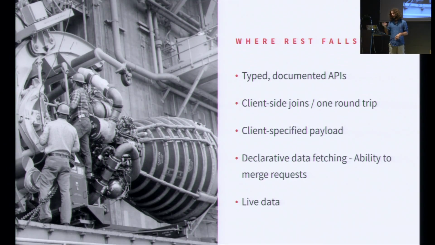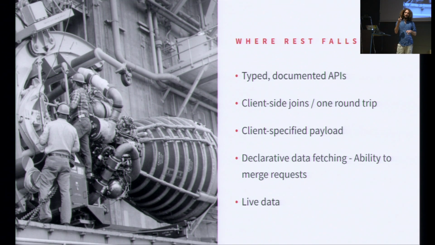So, like I said before, REST fails us in many of those cases. We don't have typed APIs. We have no idea what we will get from the endpoint. We have a lot of poor choices to make. Do we get all the information, or do we have tons of endpoints, or get specific information and then do a lot of joins on our client side? And another thing is when we work with REST and with a lot of endpoints,